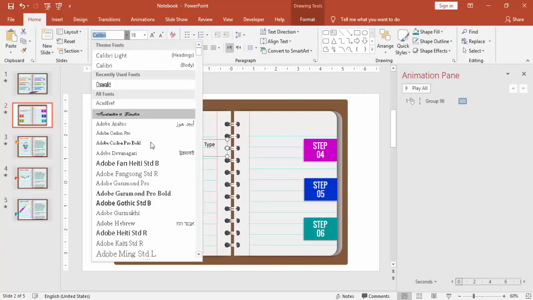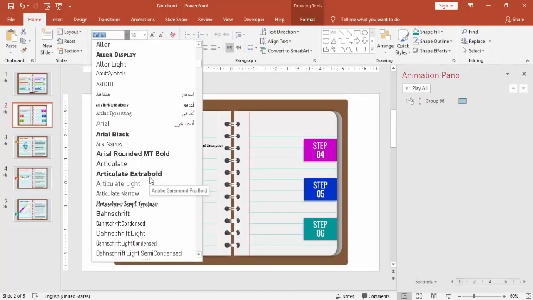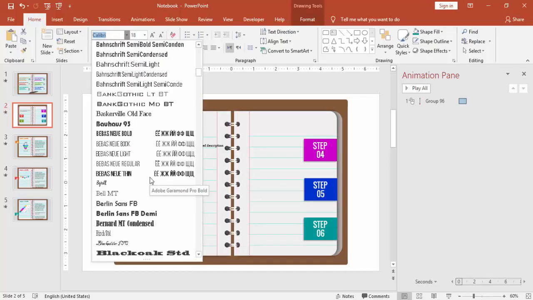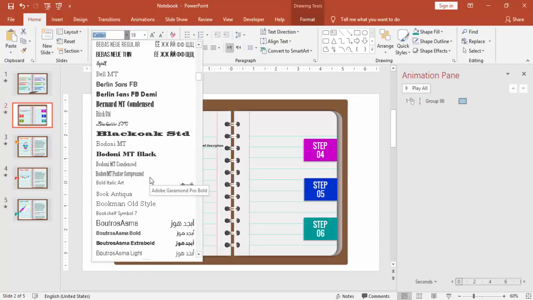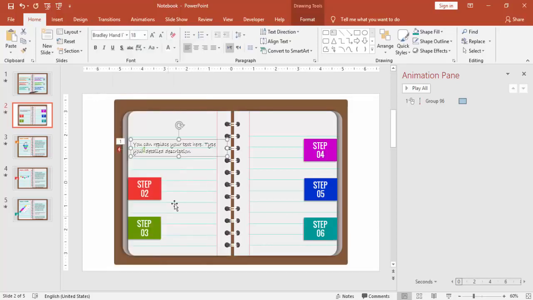So the font which I have used, it has to give an effect of a handwritten. So for that I have downloaded a font called Bradley Hand. So it gives like that somebody has written with the hand, and you can give the spacing 1.5,